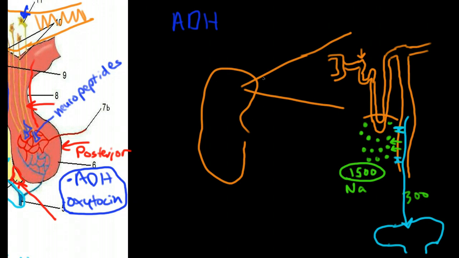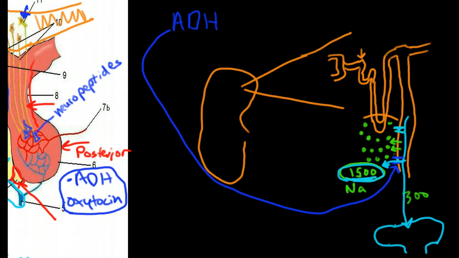But ADH works by signaling these water pores to open up. So it opens them up, and then water gets sucked down the concentration gradient into this area that has a very, very high osmolality. So this can concentrate the urine to an osmolality of near 1500, right? So through osmosis, free water gets pulled through these open pores with the signaling of ADH back into this highly concentrated area near